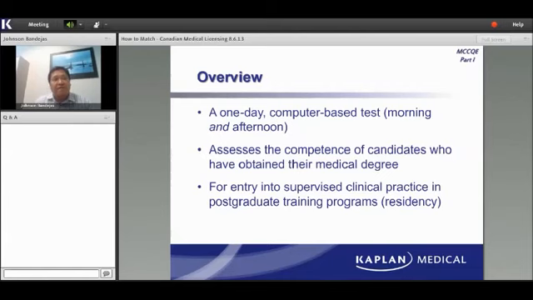Now, eligibility to apply for the MCCQE1 for international medical graduates is that you must successfully pass your MCEE. For international medical students or U.S. osteopath students, an additional requirement to take the examination is that you must be expected to fully complete all requirements to graduate on November 30 of the same calendar year for the spring session, or on March 30 of the following calendar year for the fall session. Also, you must submit the student attestation form that can be downloaded from the Medical Council of Canada